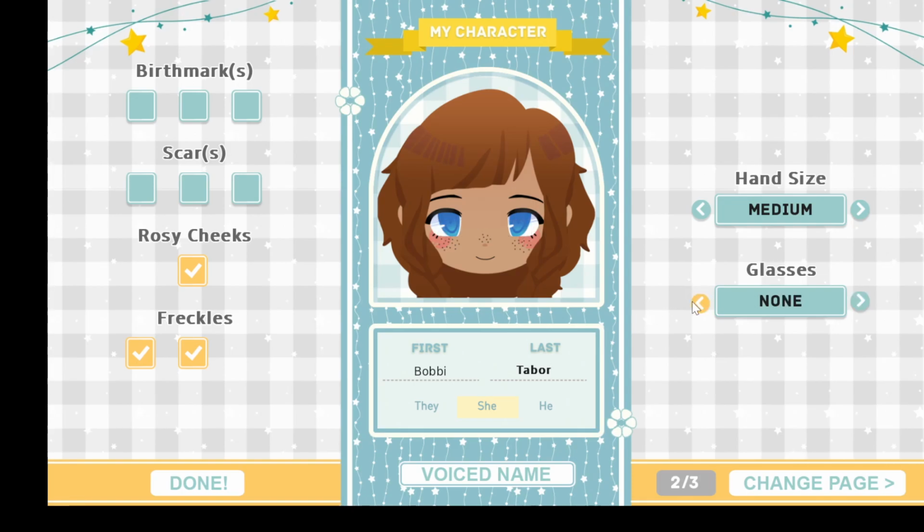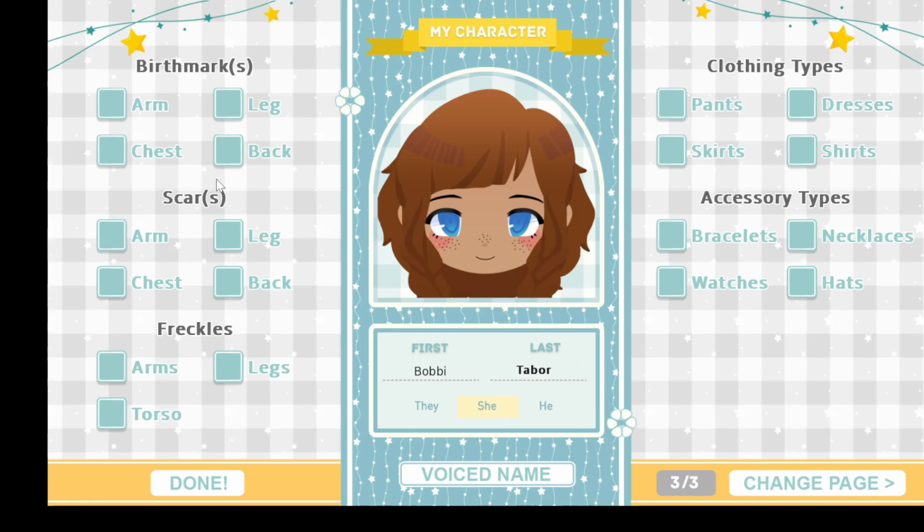Technically, as a kid, I didn't have glasses, so we're doing when I was younger, so I don't want to. I might add glasses when I'm older. I mean, if we're gonna go off of that,